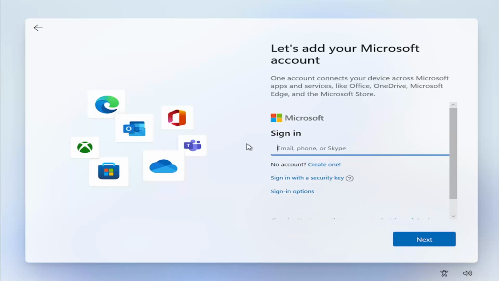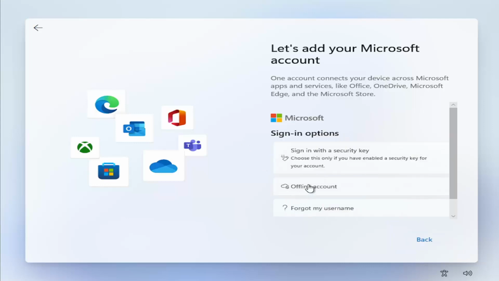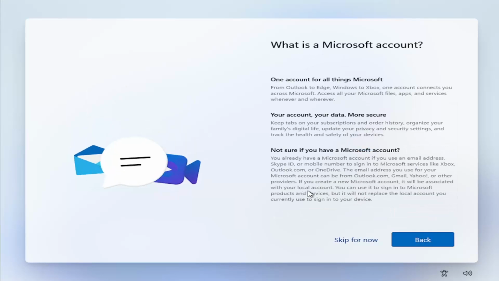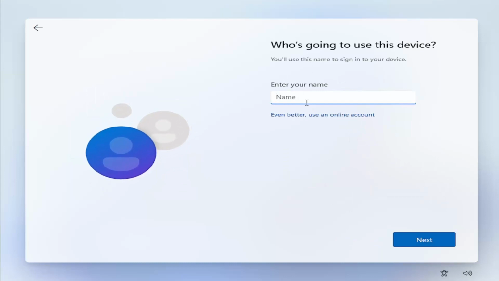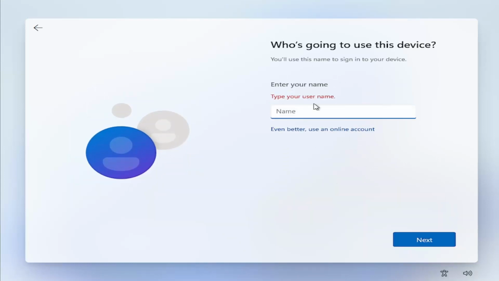So all you have to do is just select sign in options. So go ahead and left click on that. And then you're going to select offline account. Go ahead and left click on that. And then you're going to select skip for now. And then just enter in your computer username if you want, and then go ahead and select next. So just type in a username here,